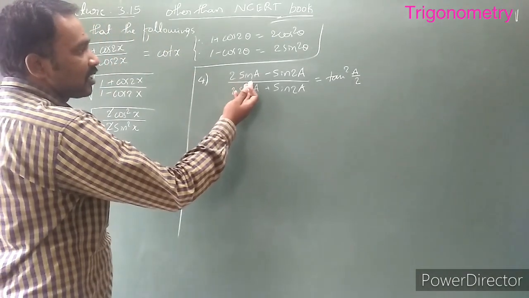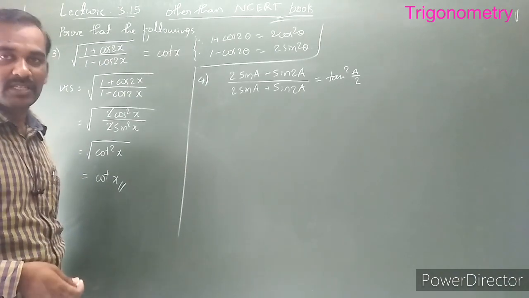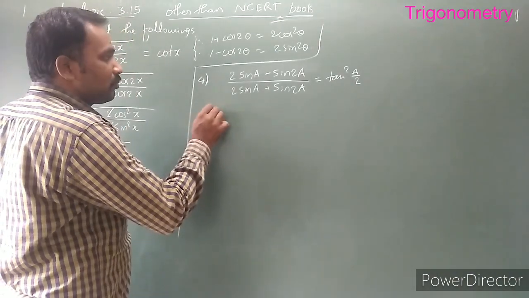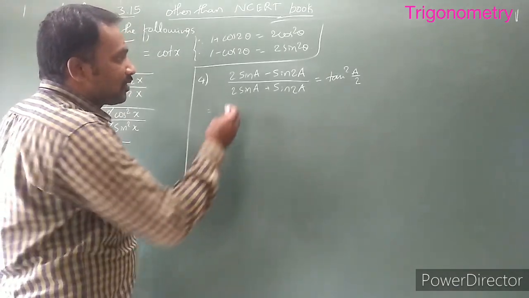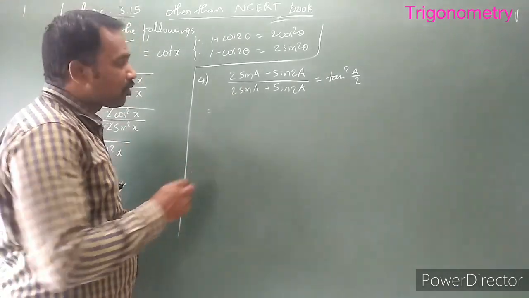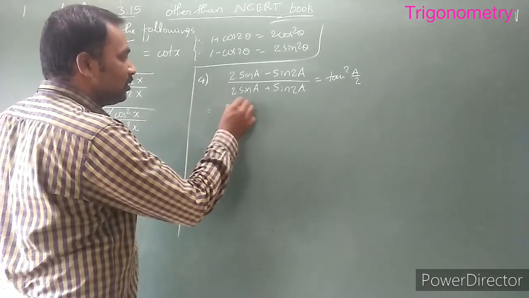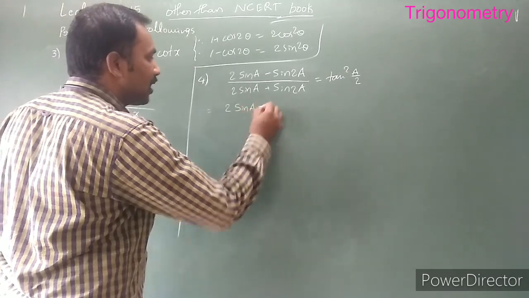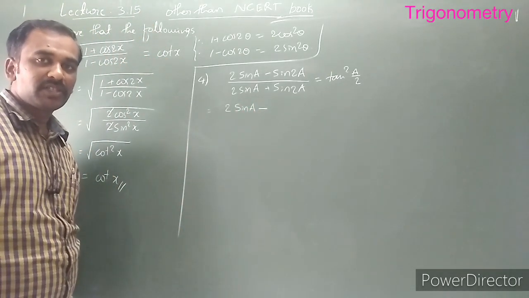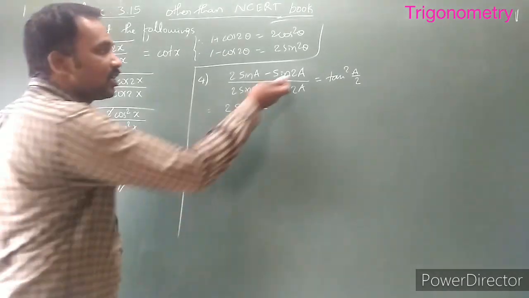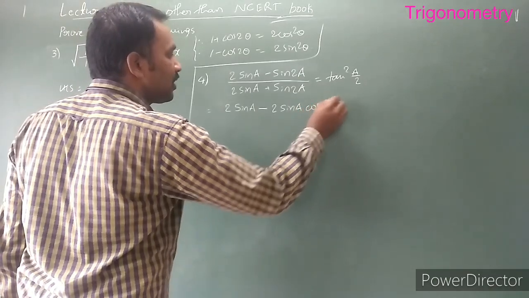On the left hand side, sin A and sin 2A are there. On the right hand side, tan square A by 2 is there. That means a half angle. First of all, don't cancel this 2, which is not possible. We can use the sin C plus sin D formula, but there is a problem because the 2 is not direct. So I keep 2 sin A as it is, minus sin of 2A. You know the formula: what is sin of 2 theta? 2 sin theta into cos theta. Apply here: 2 sin A into cos A.